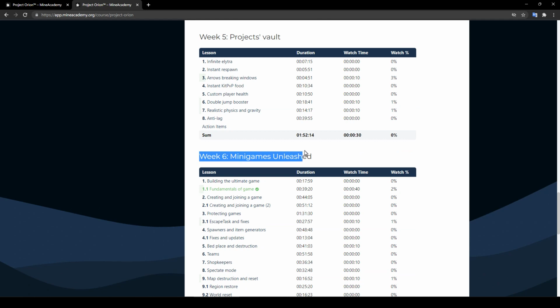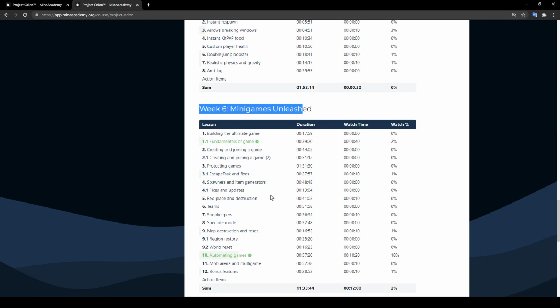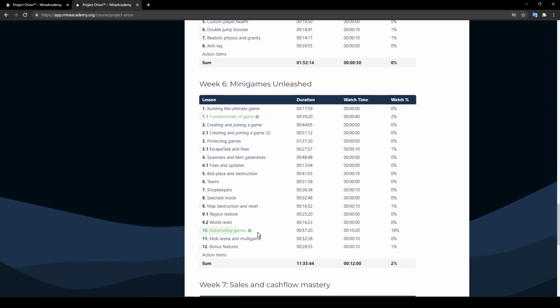Week 6 deals with minigames. People always requested them. We're going to be showing you how not only to build minigames, but how to build minigame servers, how to automate games, how to make a BungeeCord minigame network, how to also restore the region, reset the entire world, and of course, how to make different types of minigames. This is going to work for Bed Wars, Egg Wars, Sky Wars, Kit PvP, Monster Arena, all sorts of games,